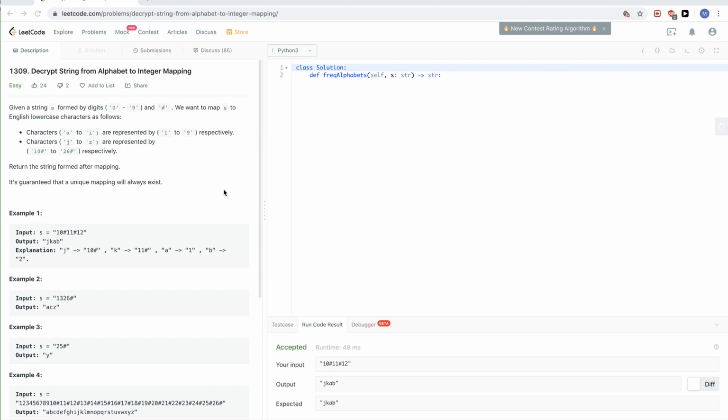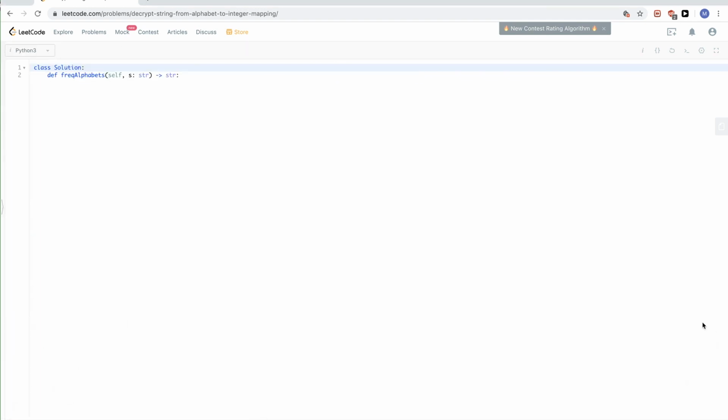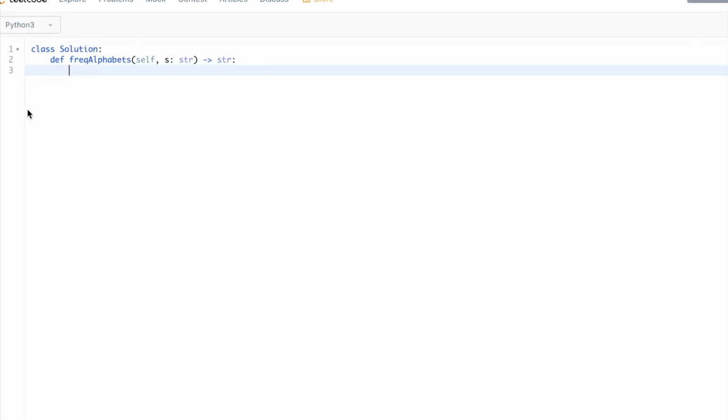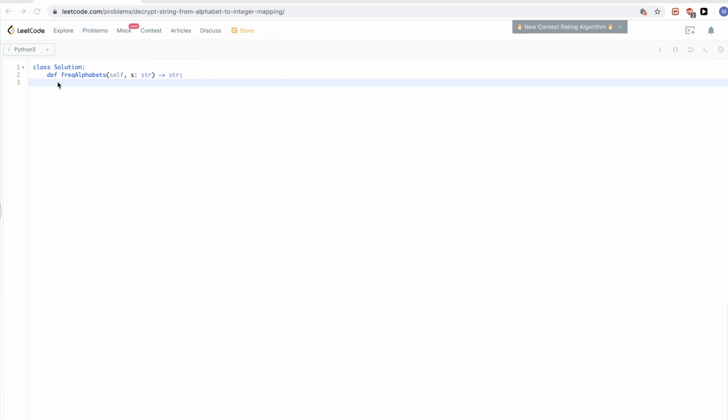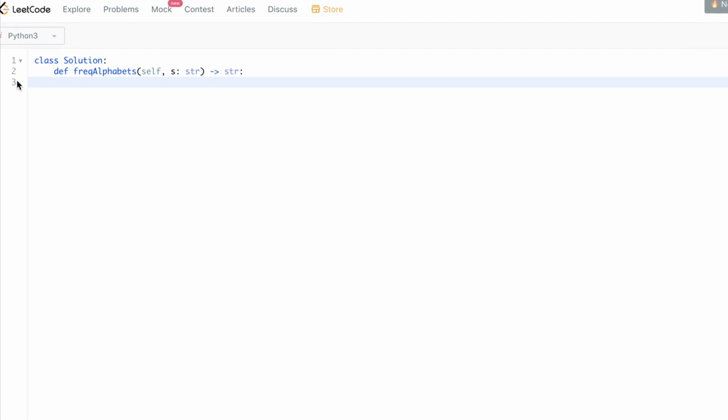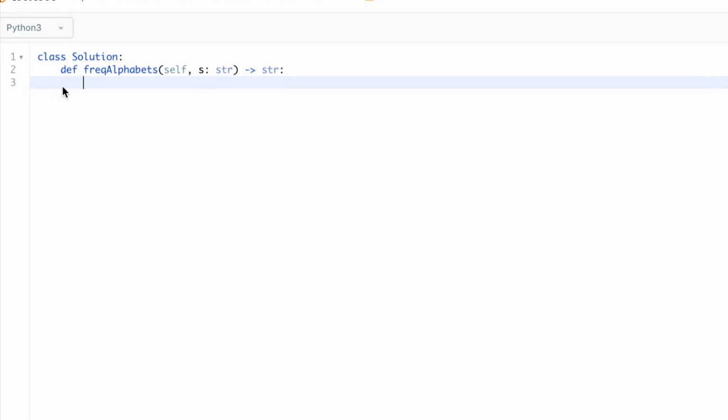So the first thing we can try to do is, the first method that we can solve this with, is we will need a map to tell us what a specific number corresponds to in a string. To do that, I'm just going to get the letters. So the string letters is this, the lowercase letters, this is all of them. But since in the problem it says that we'll start from 1, 1 is mapped to A, so A is not really mapped to 0, so I'm just going to add a space here so that